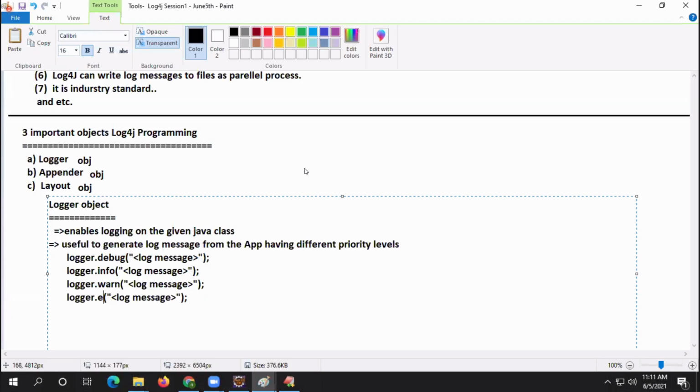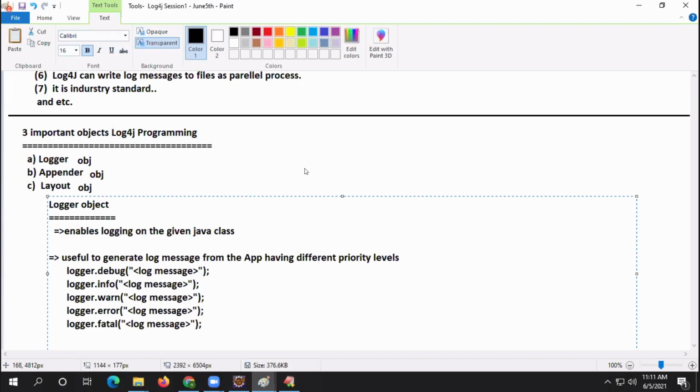Hey, we don't have all and off, boss. Don't think that all and off methods will be there. Do you think they will be there? Those are only towards retrieving, boss, not towards generating log messages.